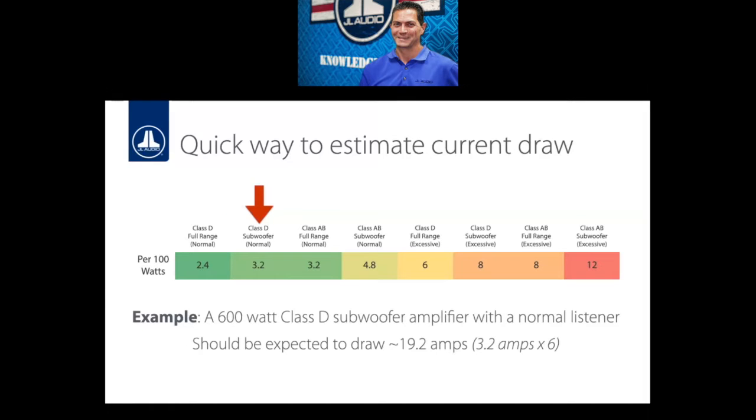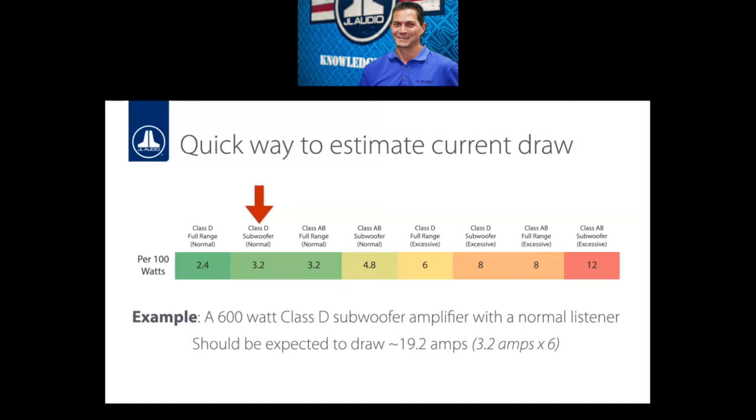amps of current draw. Now, some guys are probably going to say, that's not right. It's probably more, or maybe they're saying it's probably less than that. But some of the testing that we've done actually proves that this works out to be pretty darn close. It's not an exact science because music is very dynamic, and we don't know exactly what they're playing or even what level they're going to play it at. Since the listener is a big part of this, all we can do is estimate. And an estimation of about 19 to 20 amps of current with a 600 watt Class D sub-amp is about